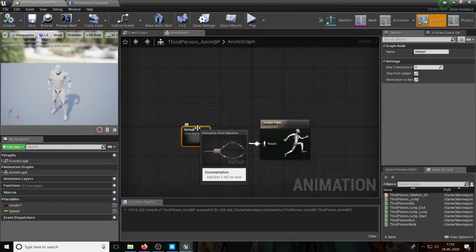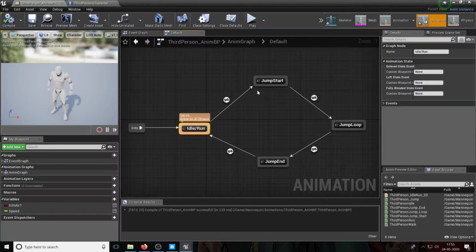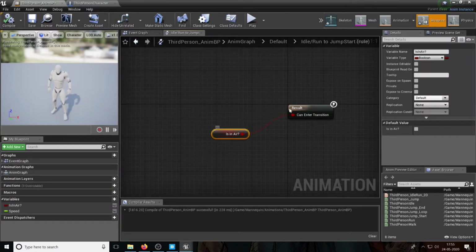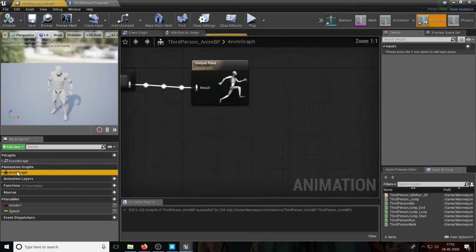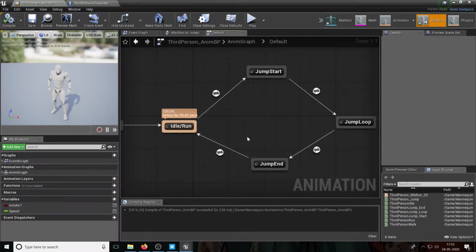A state machine is just a collection of instructions as to when you go from idle to run. And you can look at this. It's called the transition, and it says, well, as long as you're in air, then you can enter transition. So let me just go back. So a state machine, through these different transitions, puts you in different animation states.